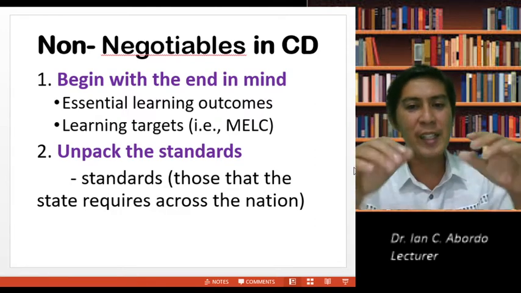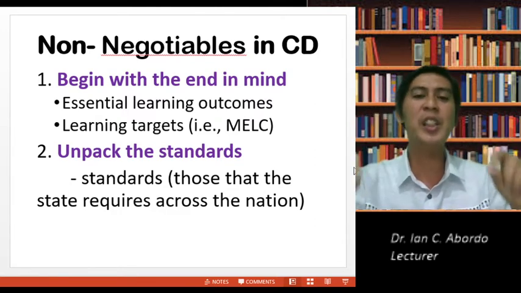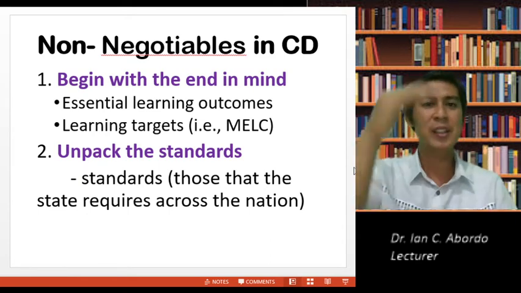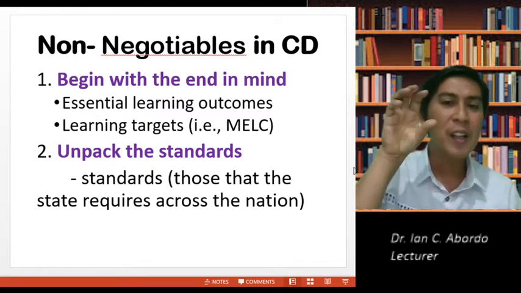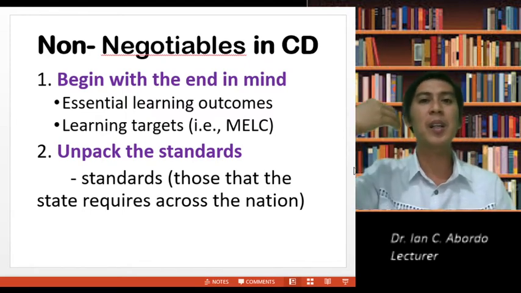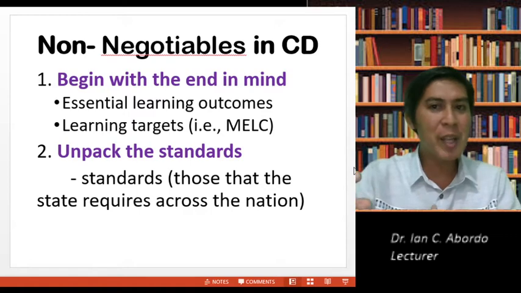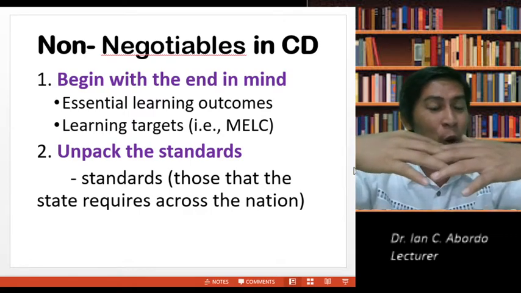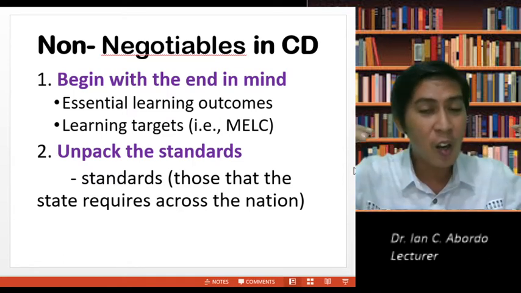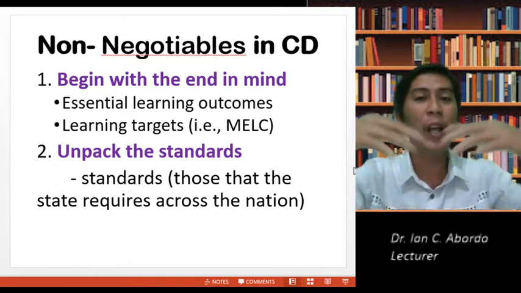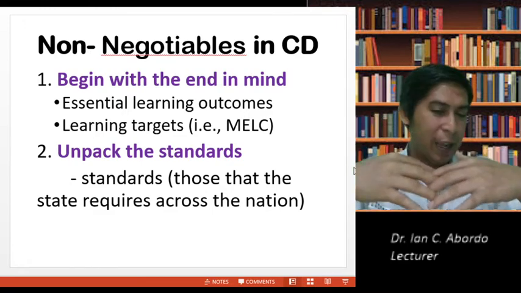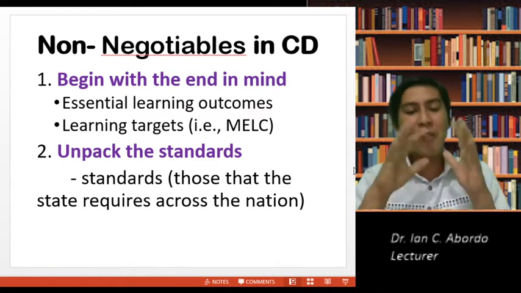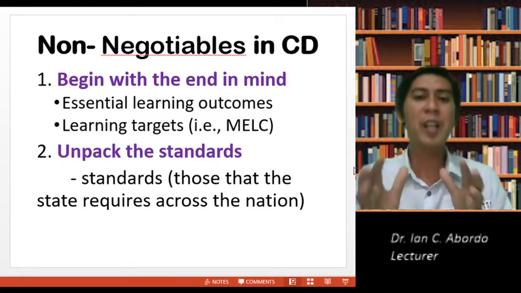Then you have learning targets, the most essential learning competencies. I think we are already on a weekly arrangement, so every week you have competencies to carry out. And you have to carry them out, but incorporate them into the standards of the university, of your school, so that content can be enhanced.